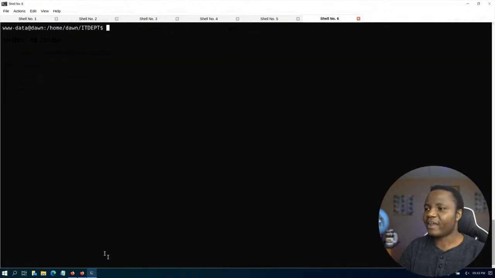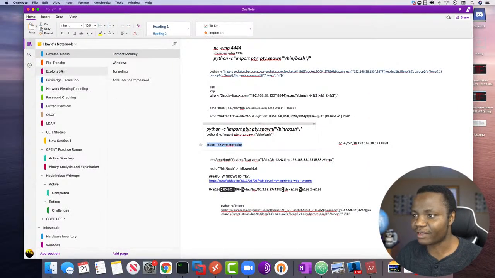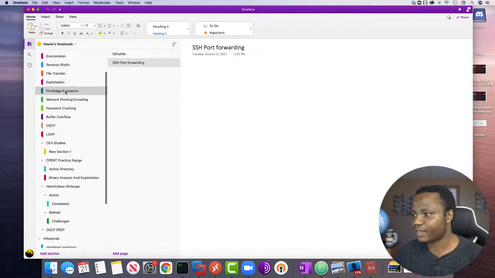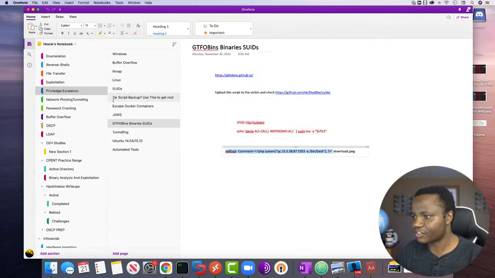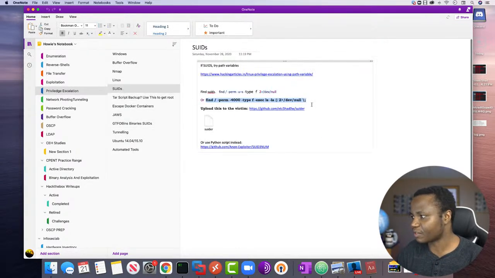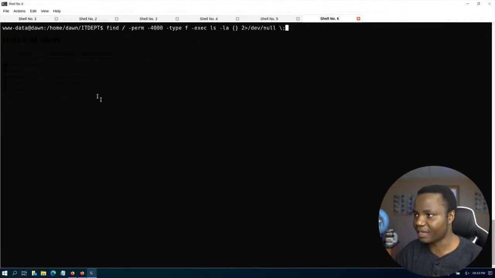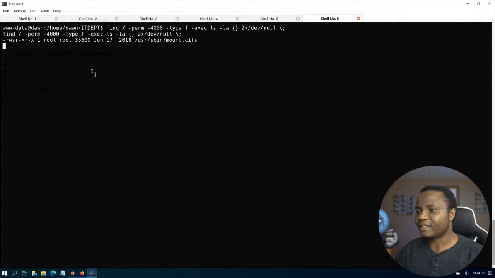So now that we're here and we are sort of stuck, let's do the usual. In my previous here, the first thing is let's just check for SUIDs, because that's what we do before we even do anything. Nowadays, now that I've started using a lot of tools, you can put a tool called LinPEAS here. LinPEAS is awesome. LinPEAS will do this for you. I still prefer to do things manually,